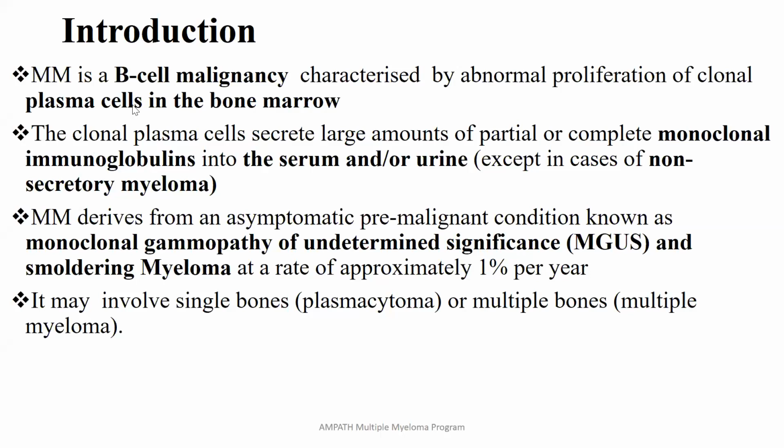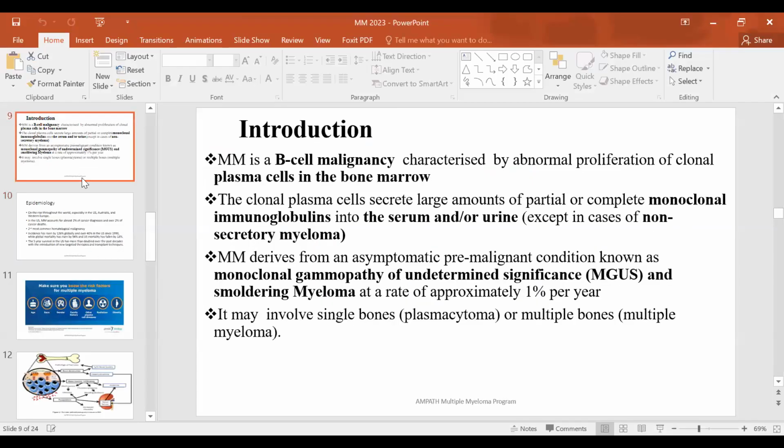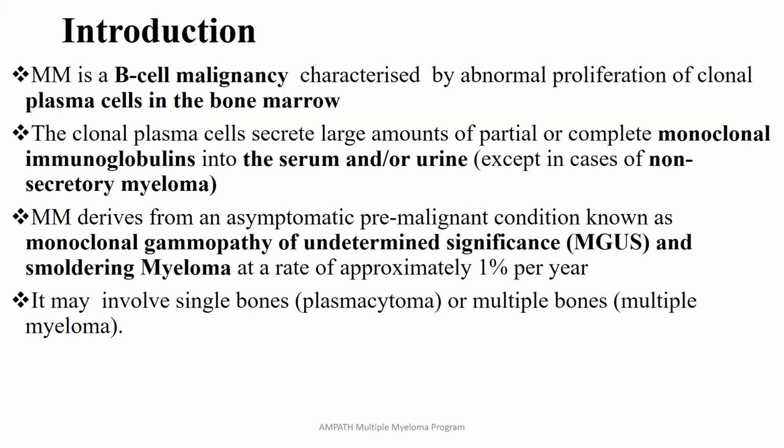When you talk about monoclonal gammopathy of undetermined significance and smoldering multiple myeloma, it looks at the percentage of plasma cells. It also looks at the levels of the immunoglobulin, and at the same time, it looks at the presence or absence of end organ damage. So you'll find that in smoldering multiple myeloma,